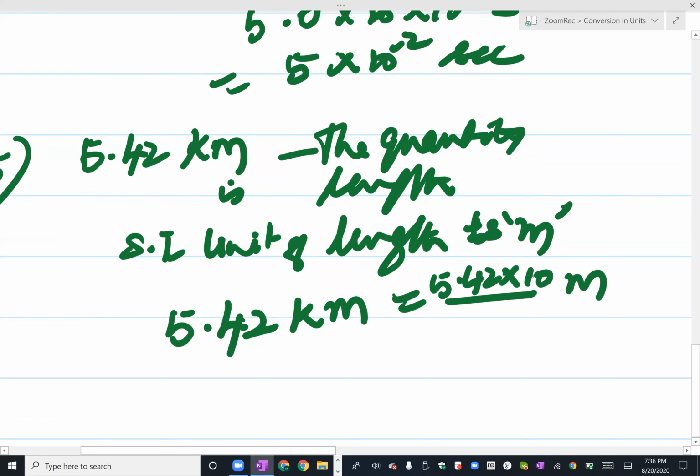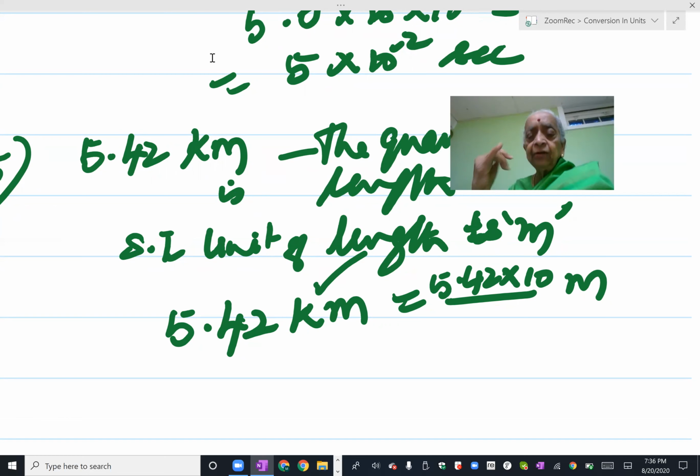The plus will be, you have to come down from the left-hand side kilometer, leaving out kilometer, towards your m. See how I'm making the count from bigger to smaller. So here you have the kilometer is the biggest unit. Leave that kilometer. After that, you have hectometer, one finger to go. Then decameter, second finger to go. Then meter, the third finger. You stop with this because the right-hand side unit is meter.